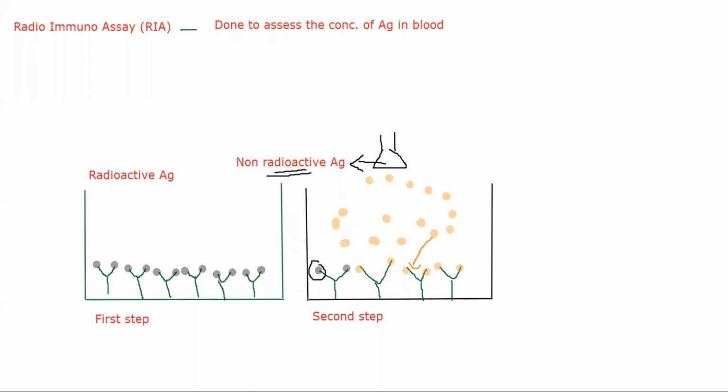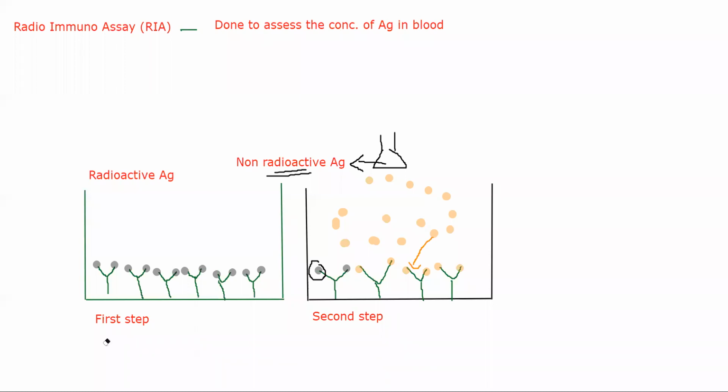The first step, you have to do a controlled test, in the sense that you will not use your sample being the blood. So if I have a person who has hepatitis or who has some disease, I draw some blood from them and that will be the sample. I'm not using sample in this test. Right now I'm only using a controlled sample.